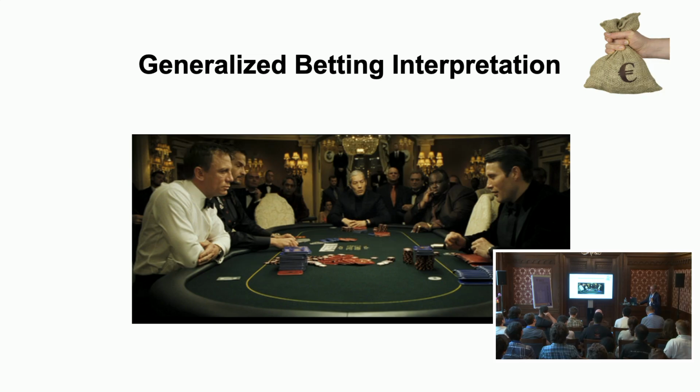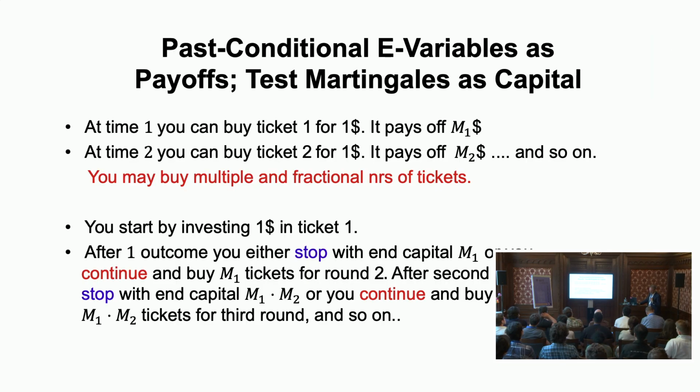So now we go back to betting. This is a little bit different now, because in the casino we had a finite number of outcomes, and we had this payoff which was 1 over the probability, the right probability under the null. We don't have that anymore, but we can abstract away from it. We can say you get a general bet. What is a general bet? Well, it's a random variable which has expectation 1 under the null.